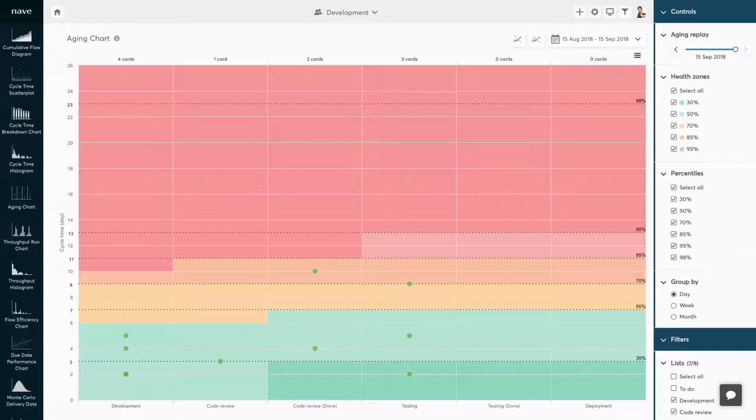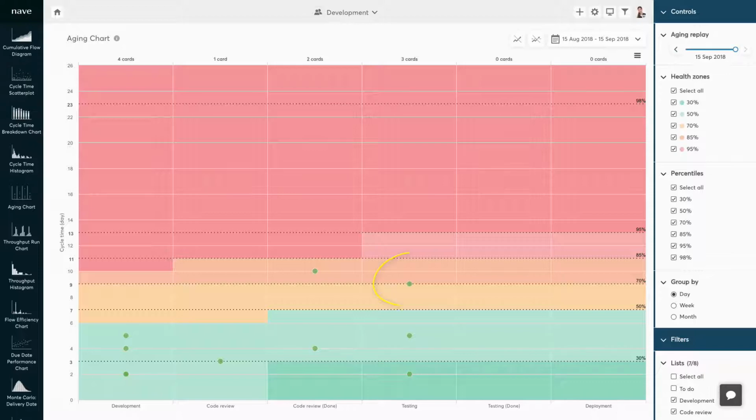In this example, the light green zone in the code review state points to 6 days. This means that by this point, 50% of our completed items spent up to 6 days in the workflow. We can see that there is an item in code review that points to 3 days. It is still in the light green zone. This tells us that this specific item has taken less time so far than 50% of our previous work, so it's moving predictably and within our expectations.